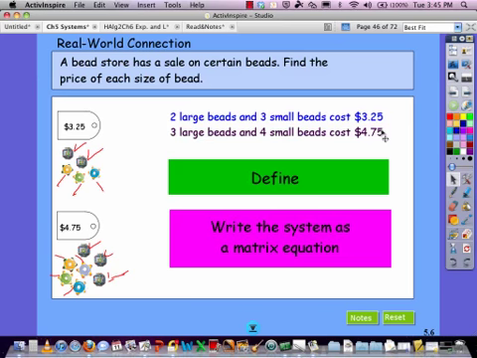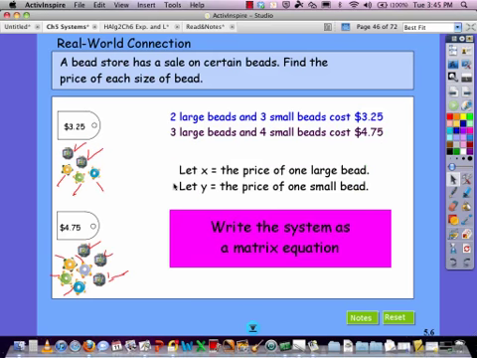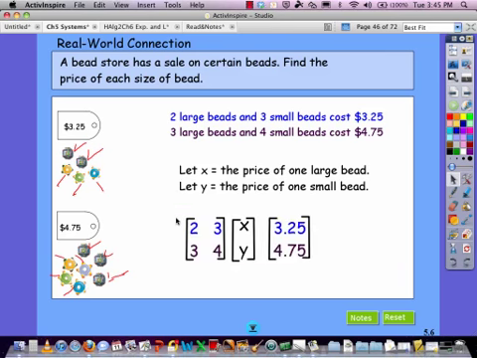We've got 2 large beads, 3 small beads for $3.25. In the second example, it was 3 large beads and 4 small ones for $4.75. We would let X be the price of 1 large bead. Let Y be the price of 1 small bead. Then we could write the system of equations that works with. So 2 times x plus 3 times y equals 325 in the first row, first column multiplication. And 3 times x plus 4 times y equals our 475, which is our first row, second column. We could then solve that by hand